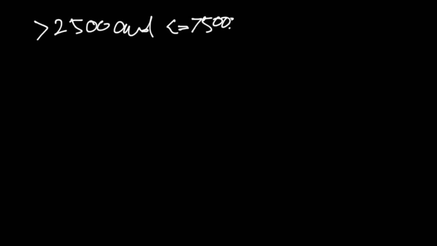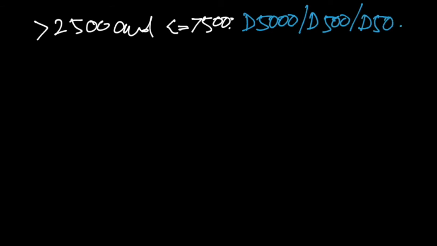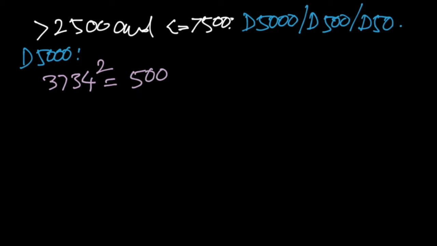So, here numbers are between 2500 and 7500. Here we use D 5000, D 500 and D 50. Let us do some examples. We will first do it with the D 5000 technique. Let us take an example. We do 3734 square. We start with 5000 and from this we subtract the difference. So, what is the difference? It is